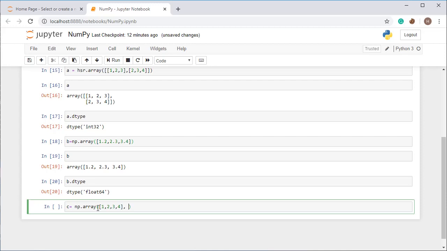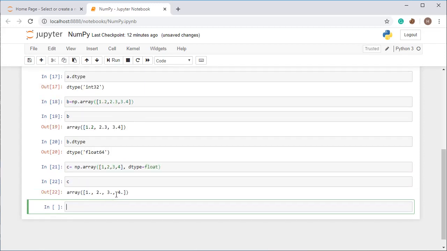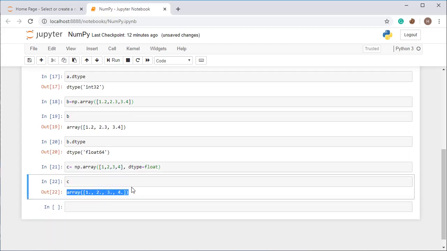Then we just type a comma, then type dtype and put the type which you want to convert to. I want it in float, so I am writing float. When I press Shift+Enter, you will see that this one is converted into float values.